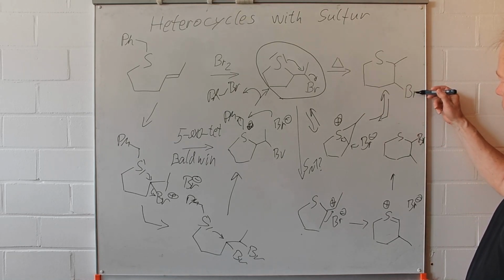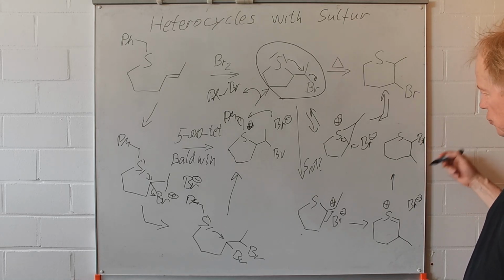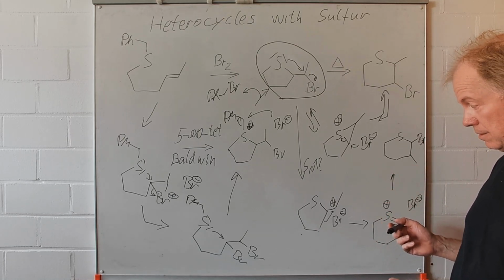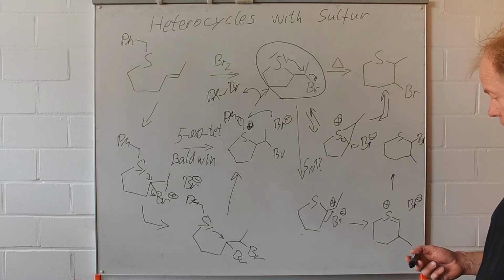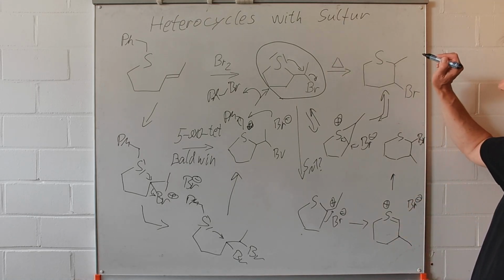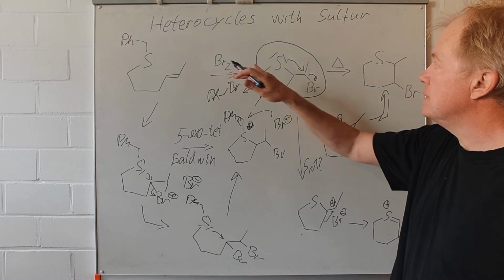The bromide and the methyl group have exchanged the positions. Well, okay, we had a rearrangement reaction taking place here. However, it is reported that this is the main product at the end